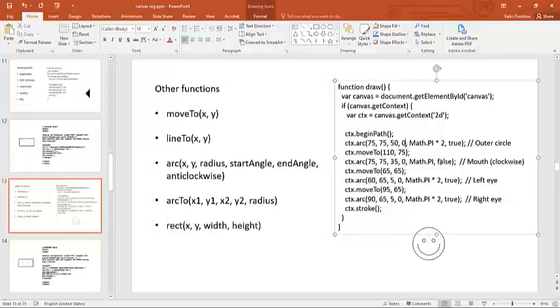Over here on the right side, you see an example of how you can draw a smiley face. So I create my canvas. I begin the path. This first command here draws the outer circle, the big one. 2 times pi is how you draw an entire circle. And in fact, that last argument is completely redundant because it doesn't really matter whether you draw it clockwise or anticlockwise. Next, I jump to the mouth, and then